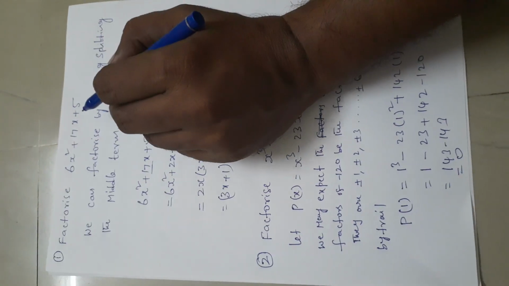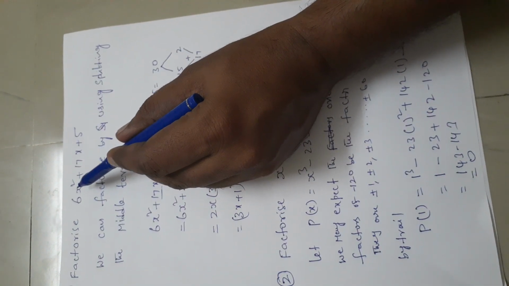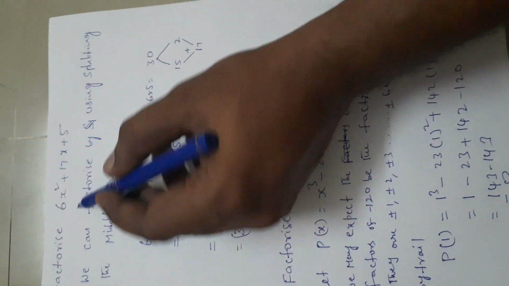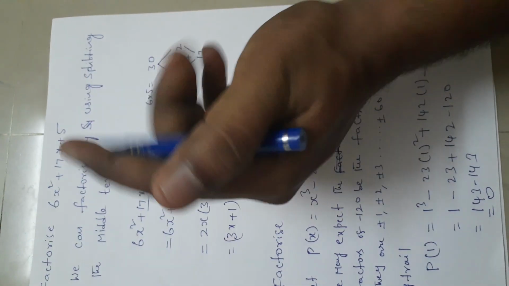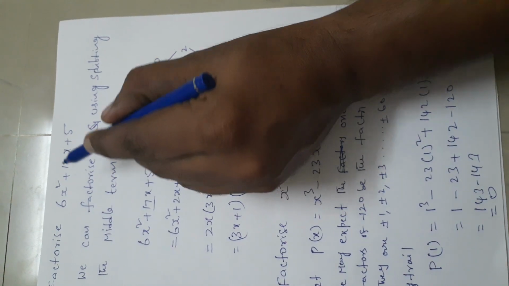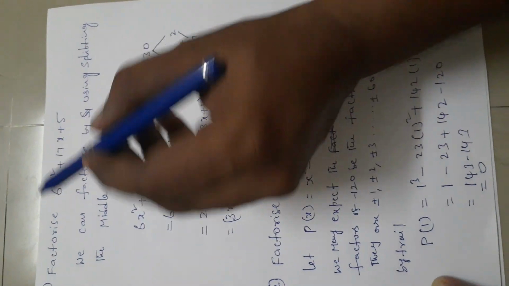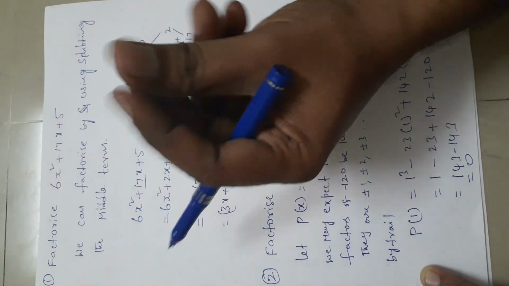Let us recall once. To factorize the polynomial, one of the methods is splitting the middle term. Actually it is a quadratic polynomial, degree 2. It has two factors. Then how do we find the two factors of this polynomial by using the splitting the middle term? Now here to use this method we need to find two things.